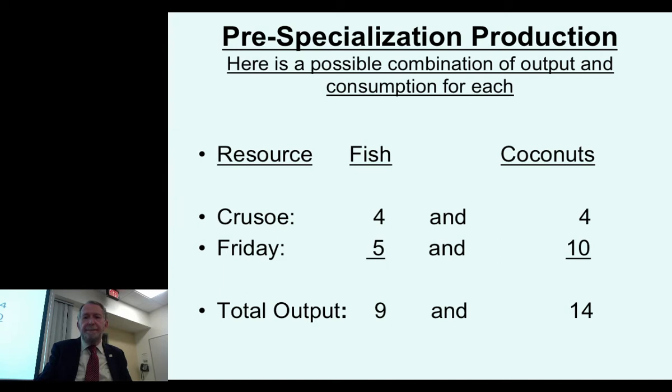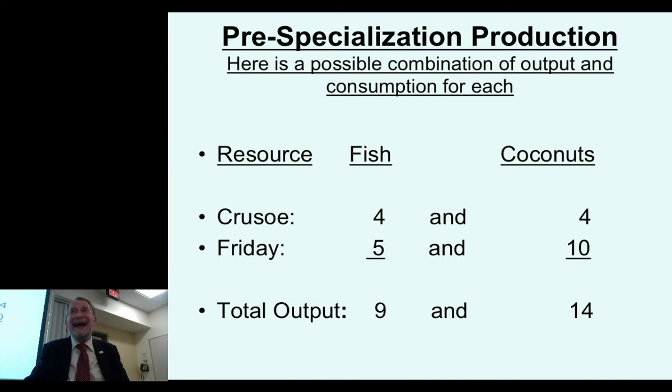Now, before they specialize, think of them as being at both ends of the island. Or if you're doing international trade, think of it as there are barriers to trade. These two countries agree not to trade with each other, or the cost of shipping between them is so great that there's no possibility of specializing and trading. Everybody with me? It's like you have two villages and there's this giant mountain between them, so it's not possible for them to exchange between them. If that's the case,